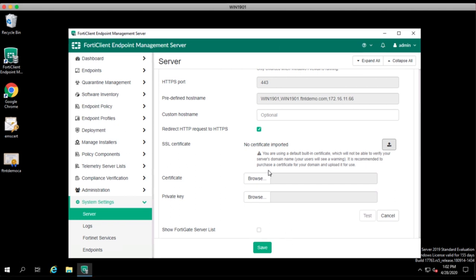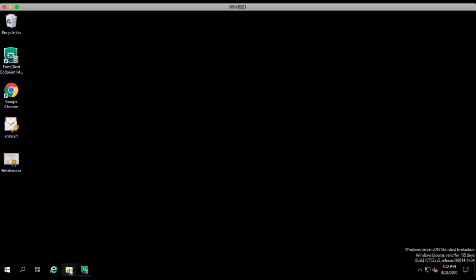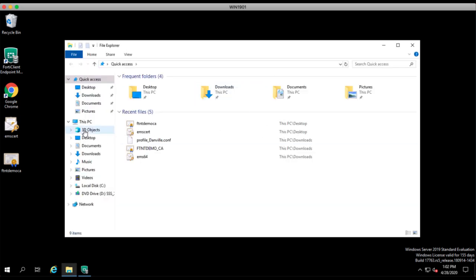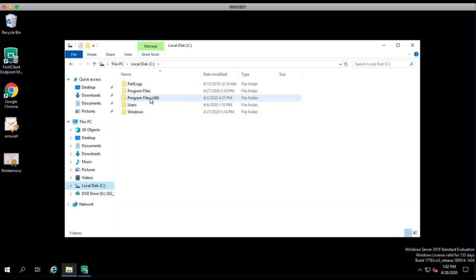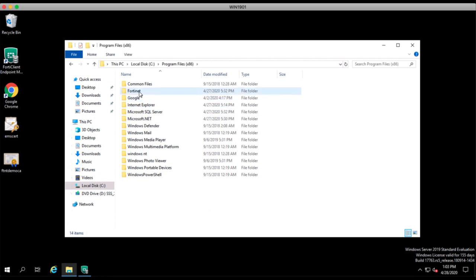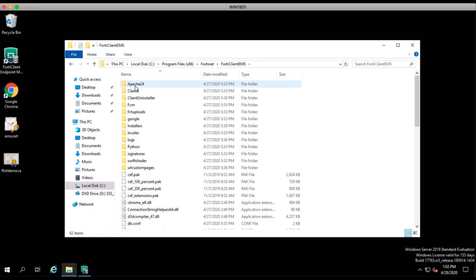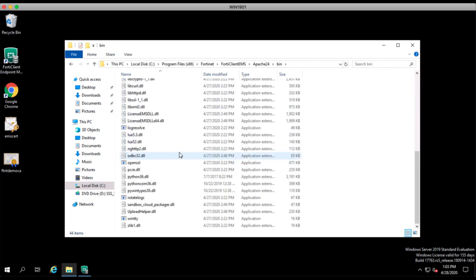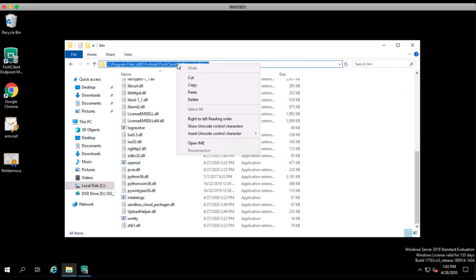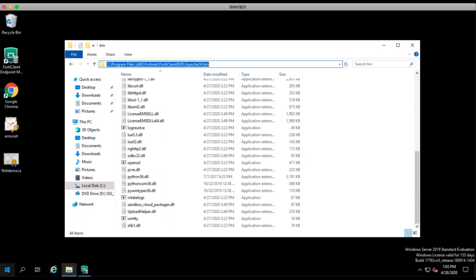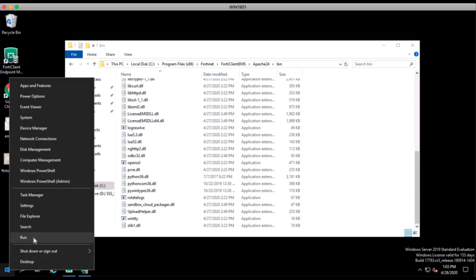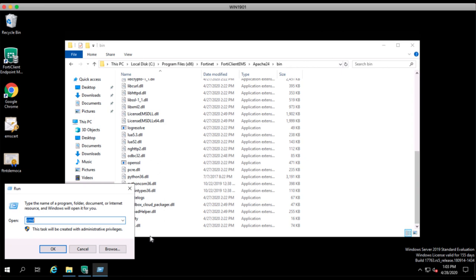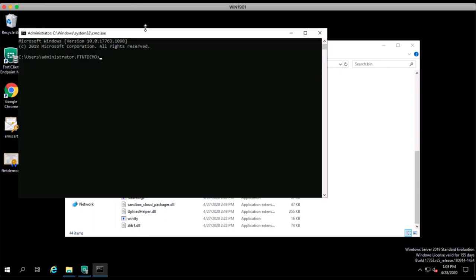So we can minimize the EMS console now, and what we need to do is work with OpenSSL that we can find here on the EMS server under the FortiClient EMS directory. And under Apache and then bin, we'll find the OpenSSL executable. Now, I'm going to copy the directory here because it makes it easier for me to get there from a command line. So I'm just going to run the regular command line here and then change to that directory